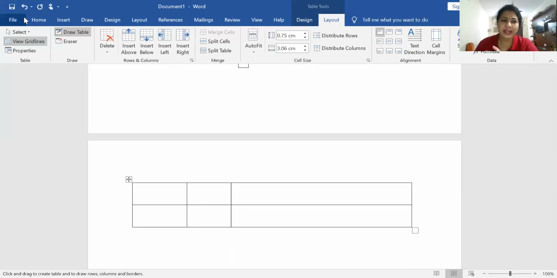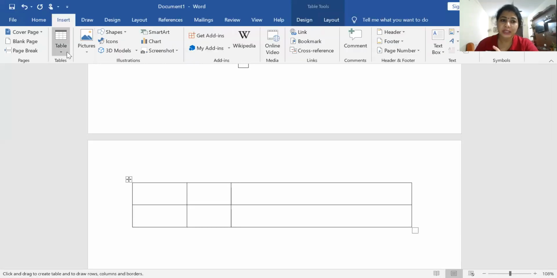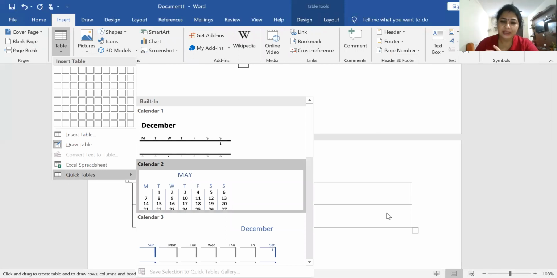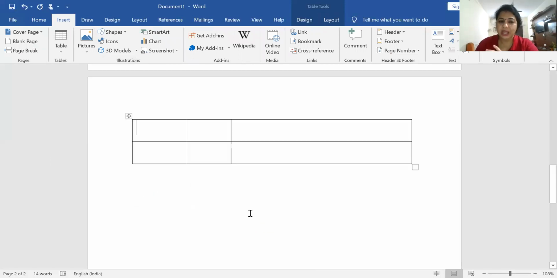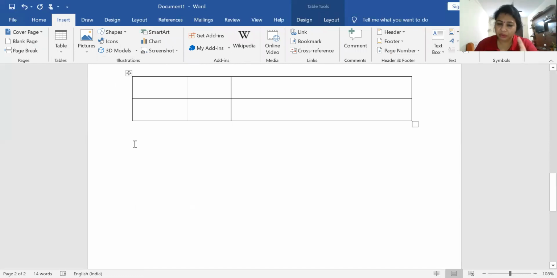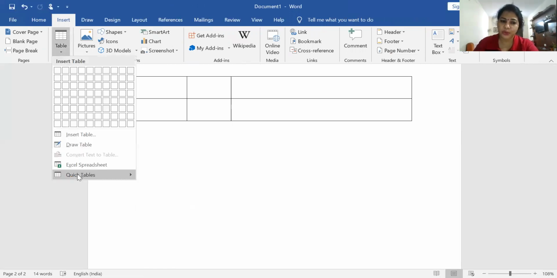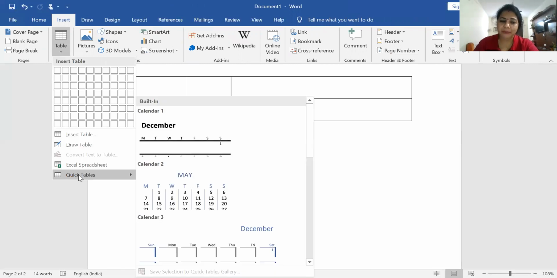Okay. So now next, it will be the quick table. Now you go directly to quick table, and first you have to select the location. Always remember, if the cursor is inside a table, you cannot create a table. First you move the cursor to the outside of the table. Now you just look here, I moved the cursor outside of the table, and then I go to the insert table options. Then I go to quick table, and ready-made tables are available here. That is the quick table option.